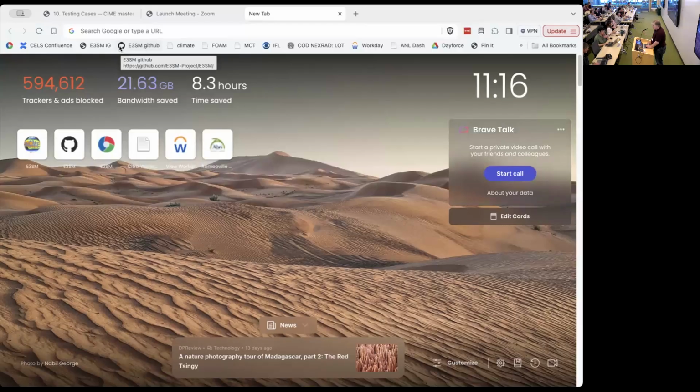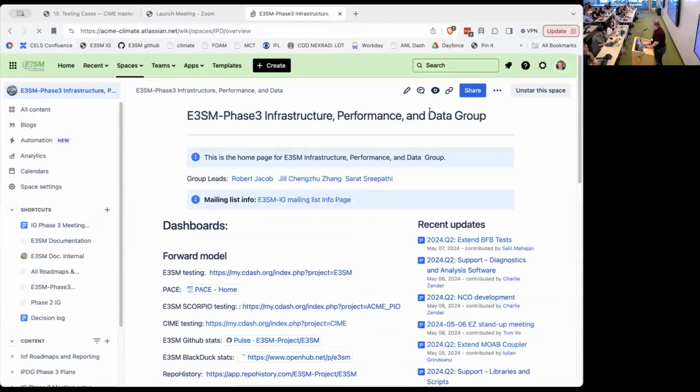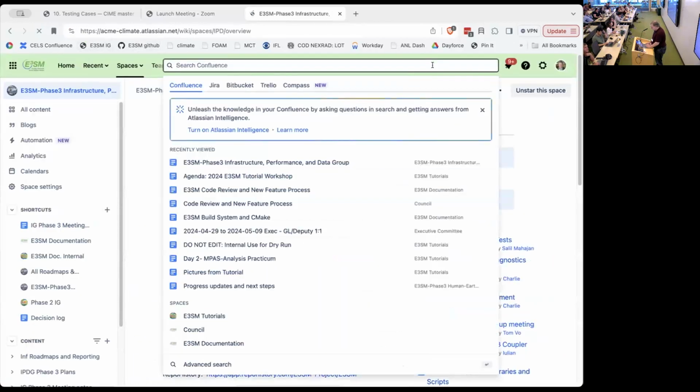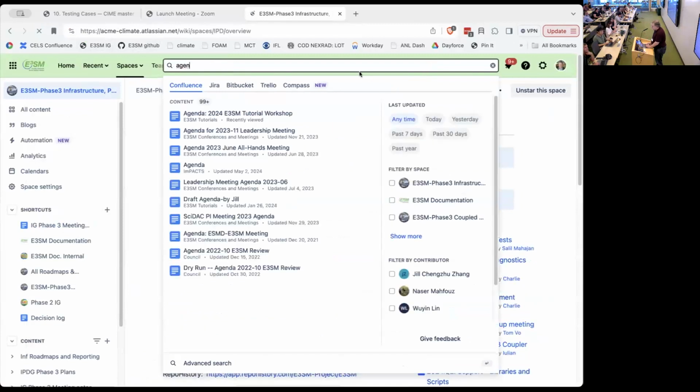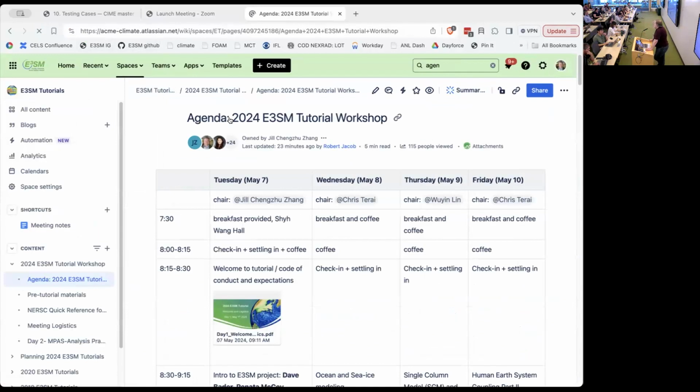I was also asked to talk about code review. Not just the basics of code review on our GitHub, but the code review process that we set up. Many of you may go home from this back to your institutions and develop some new feature for the model, and you may want that feature to eventually make its way into the actual model code instead of just living on your branch.